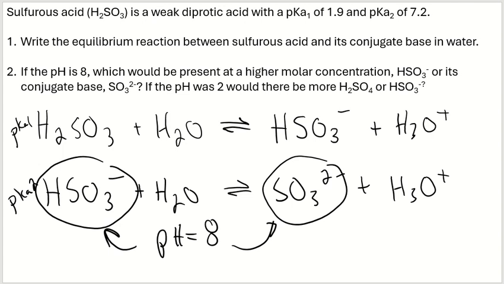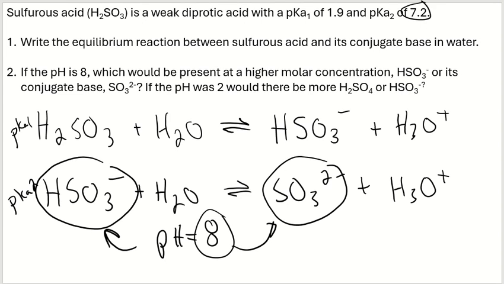Generally speaking, if the pH is greater than the pKa, you're going to have more of the conjugate base. If the pH is lower than the pKa, then you're going to have more of the acid. In this case, 8 is greater than 7.2, so we would expect to have more of the base present,